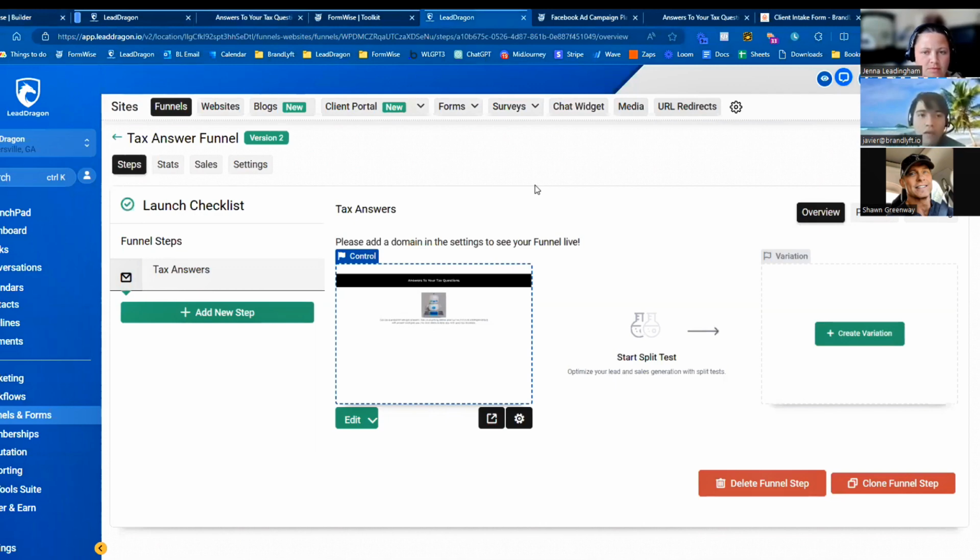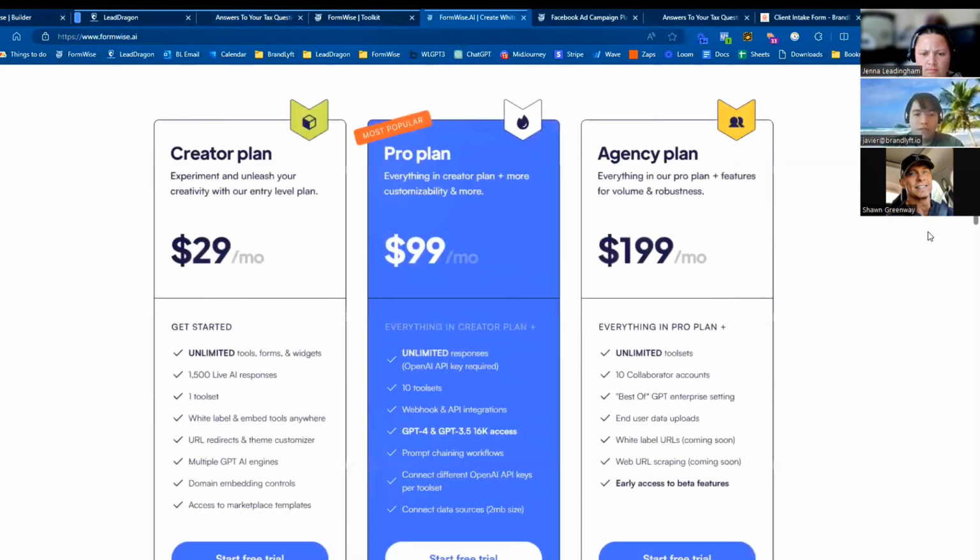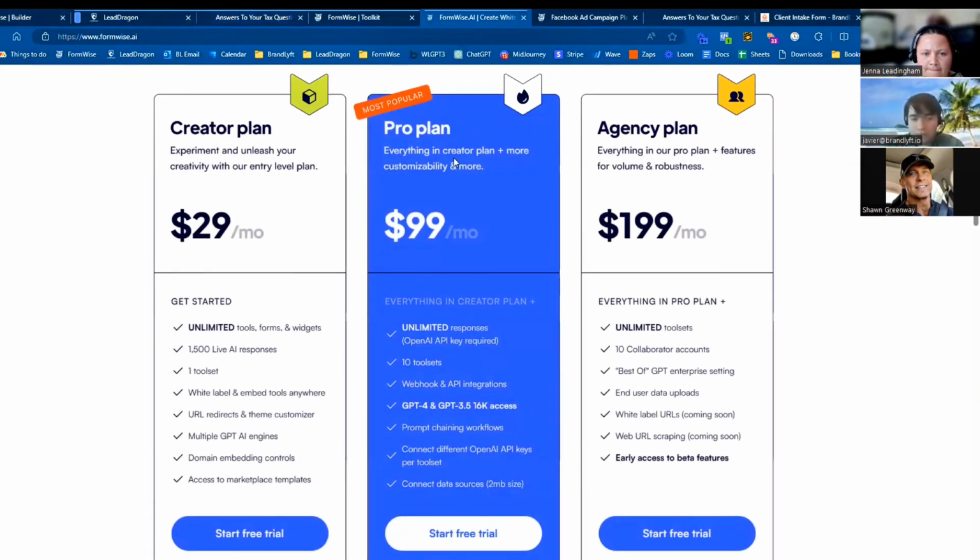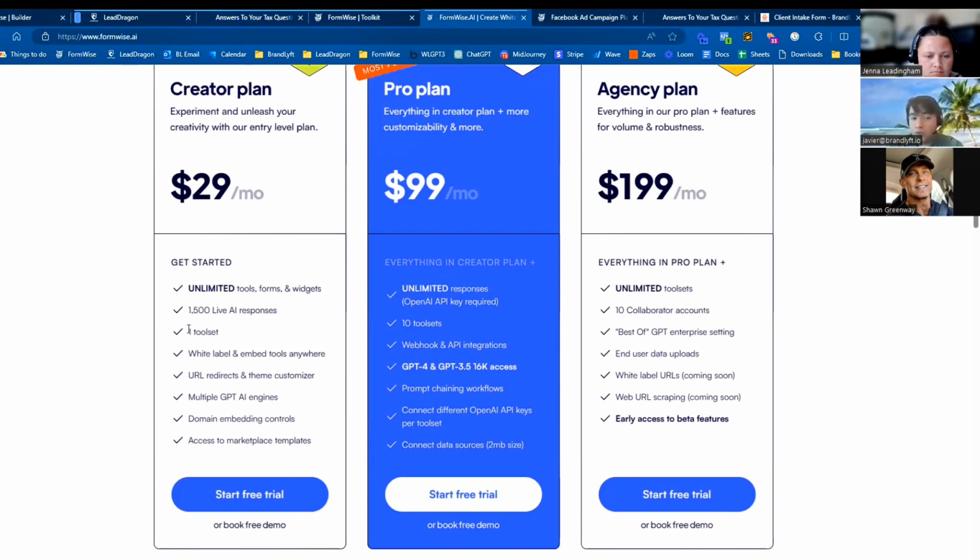So remind me again about how the pricing works and how it works with the OpenAI keys. Sure, absolutely. So let me jump into the pricing. In all transparency, the Pro Plan is the most popular, and I'm going to tell you exactly why. The Creator Plan, you don't need an OpenAI API key. We actually eat 1,500 live AI responses. So if you just want to get started with the Creator Plan, you absolutely can. You can build unlimited tools. It's a pretty valuable plan just as it is. The only caveat is you only get one tool set. So if you're just going to build one tool set and give everybody access,